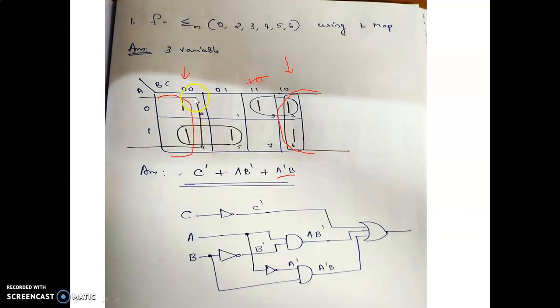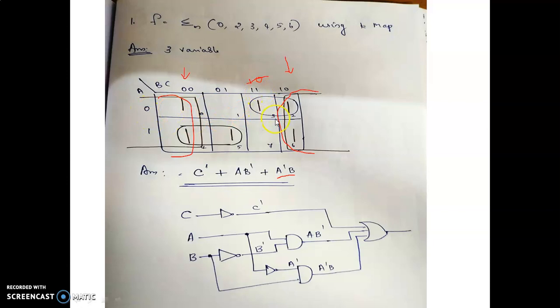So how will you name this cell? This cell is for 0, 0, 0, hence the min term 0. This cell is for 0, 0, 1, hence it is for 1. This is 0, 1, 1, that is for 3. And this is 0, 1, 0, this is for 2. Okay, so it is not 0, 1, 2 and 3. It is 0, 1, here it is 2 and here it is 3, because we know that 0, 1, 1